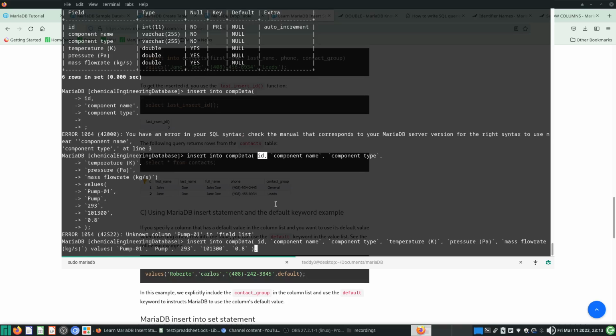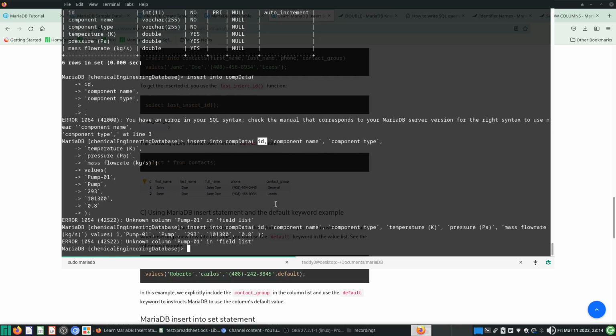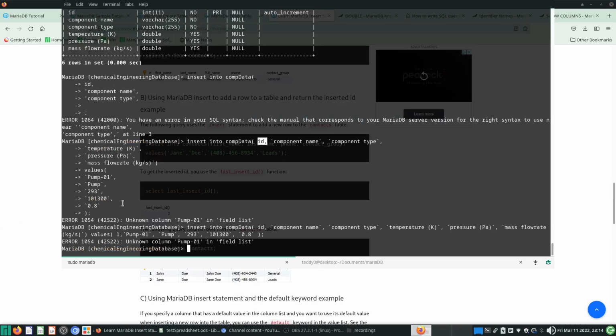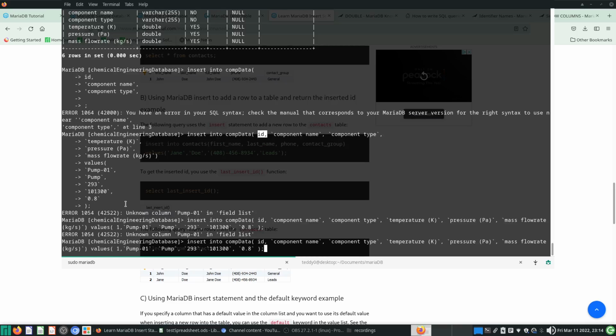So I'm supposed to add in one more piece of data here. The ID number should be 1. Okay, so that's the manual way of doing things. So it says unknown column pump01 in field list. Okay, hold on a while. I think I know what's going on, or I have a conjecture of what's going on, a guess, is that